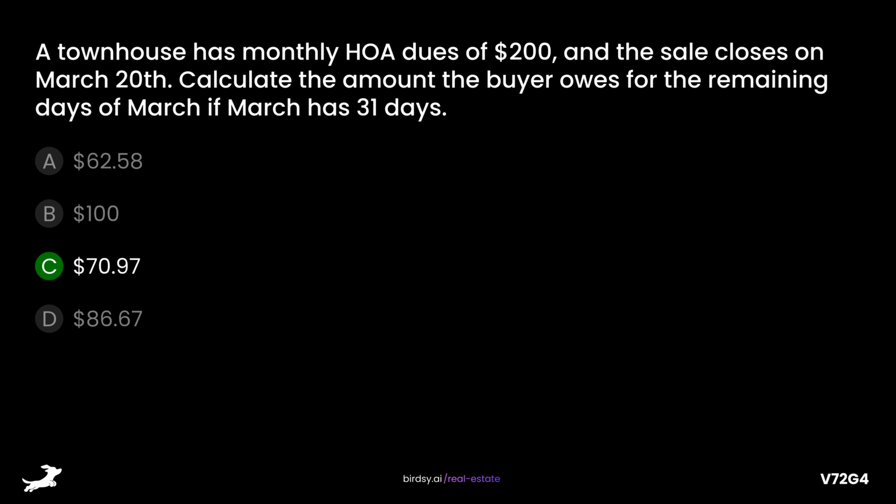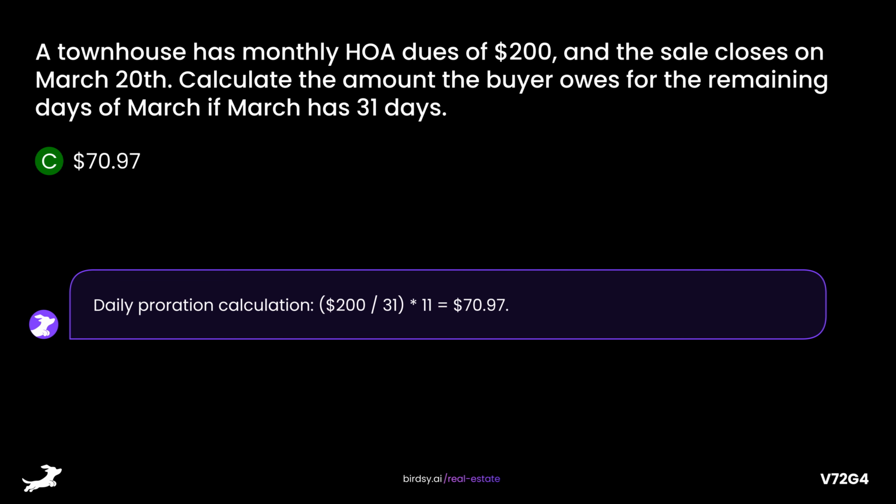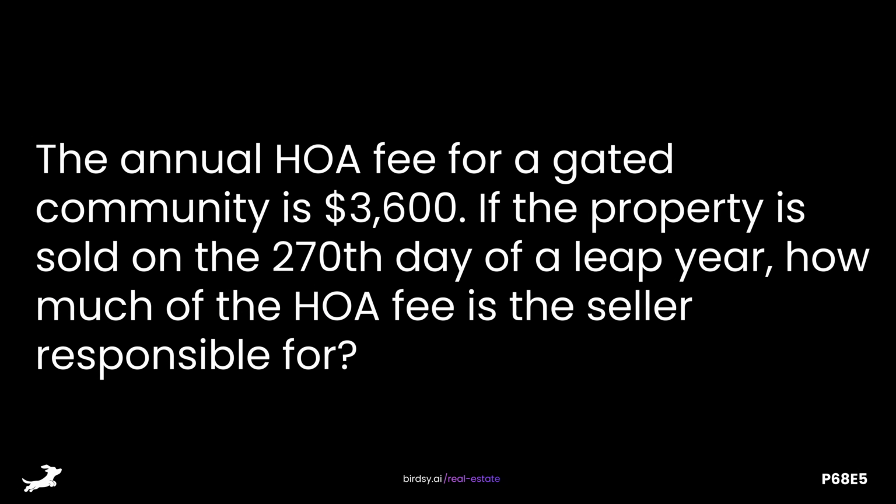$70.97. To calculate the daily proration, divide $200 by 31 days, which equals approximately $6.45 per day. Multiply $6.45 by 11 days, which equals approximately $70.97. The annual HOA fee for a gated community is $3,600. If the property is sold on the 270th day of a leap year, how much of the HOA fee is